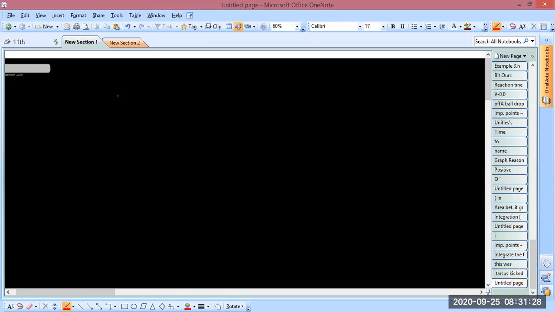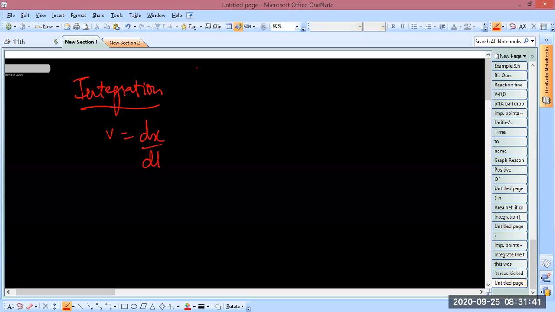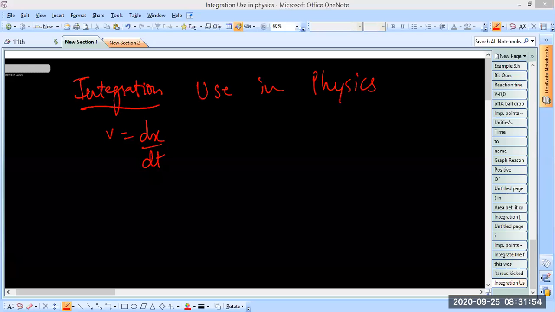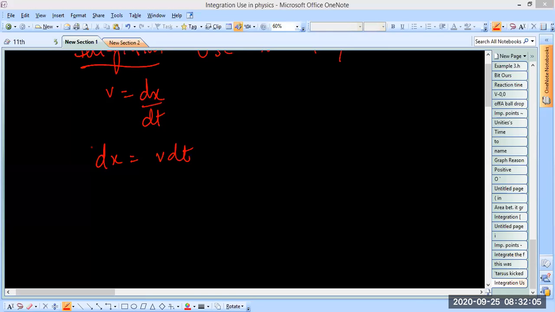So, yesterday we learned what integration is. We have got some basic idea about it: you divide things into small parts and then add. So I told you that if you write v is equal to dx by dt, now we are going to learn the use of integration in physics. How do we use integration in physics? So v is equal to dx by dt. We already know that. I told you that we can write this same relation in this manner. Okay, so now